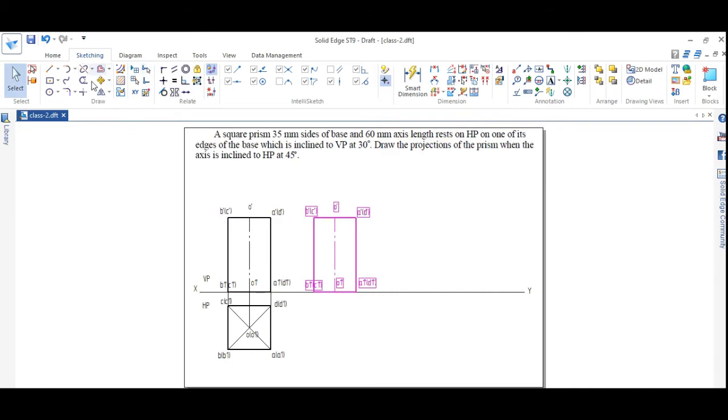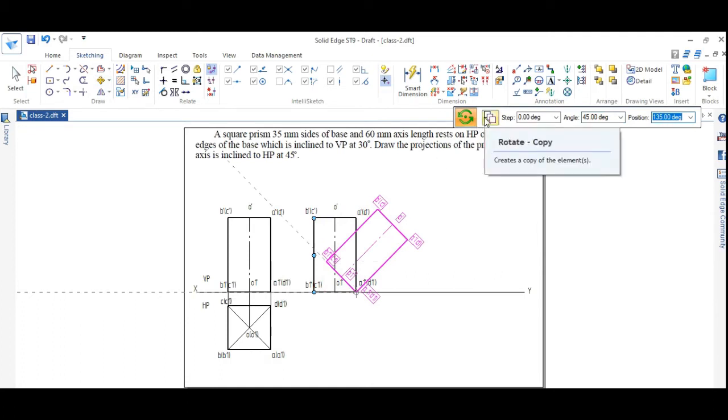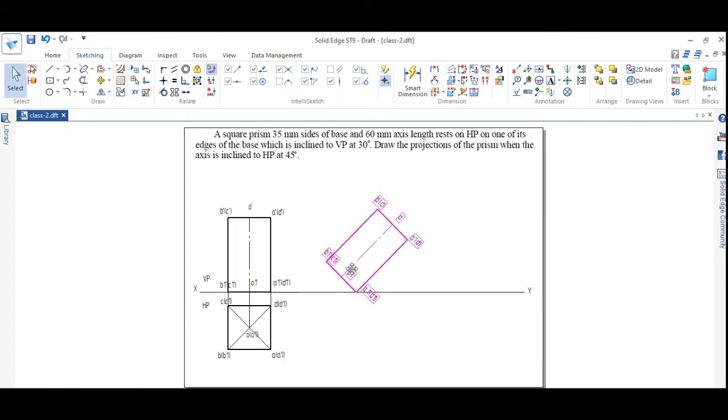Next I will use the rotate option, select this line and tilt it at an angle of 45 degrees, and make sure that the copy option is off. So 45 degrees. You can see here I will extend the line of the axis line.